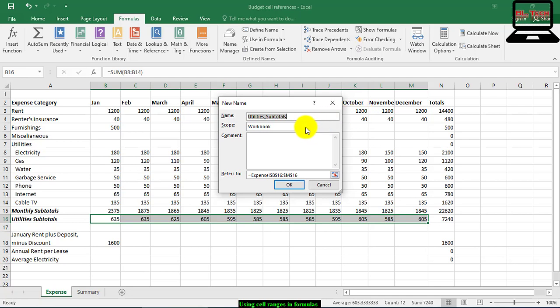Open the Scope box drop down list. Your options are Workbook, Expense, and Summary. The last two entries correspond to individual sheets in the workbook. Close the drop down list and leave it with Workbook selected.